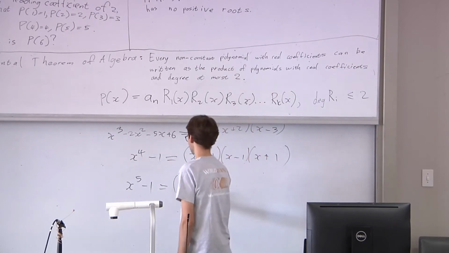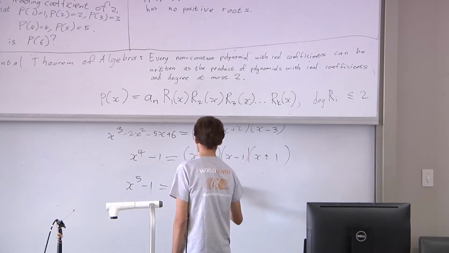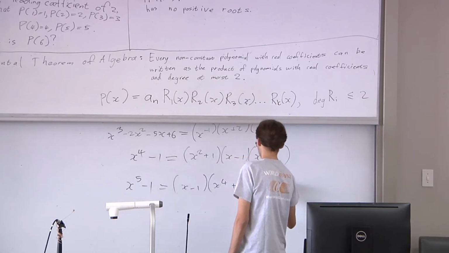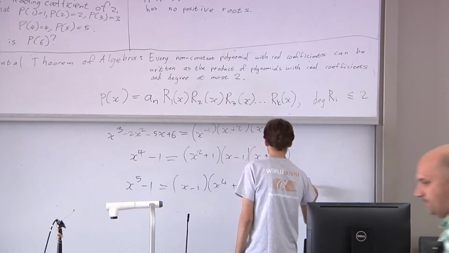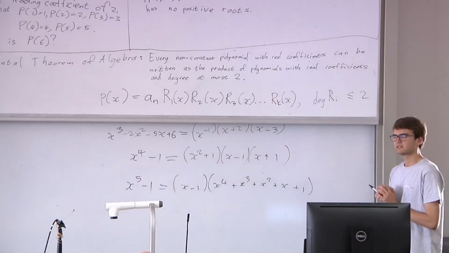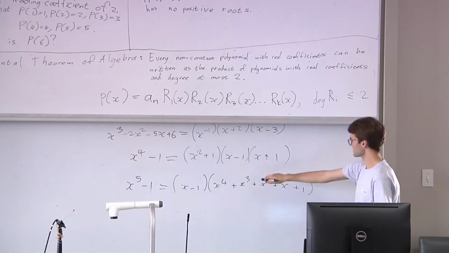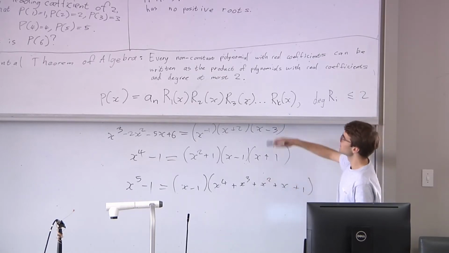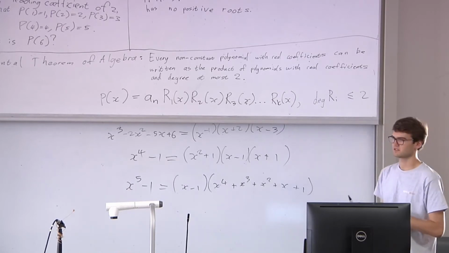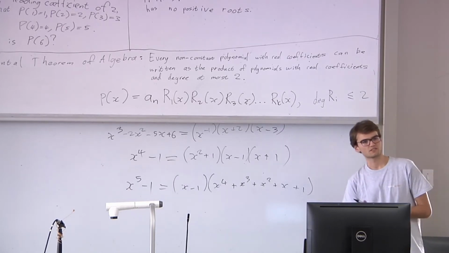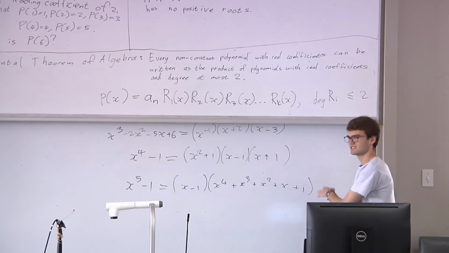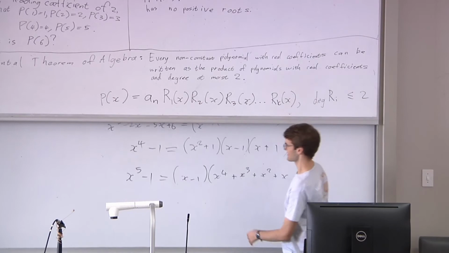So it's x minus 1 times x to the 4 plus x cubed plus x squared plus x plus 1, if you look at the formulas that we did yesterday. But at this point, you notice that this is a polynomial of degree 4. But according to the fundamental theorem of algebra, that can also be factorized into linear terms or quadratic terms. Cool. So don't bother trying to find it, because it turns out it's